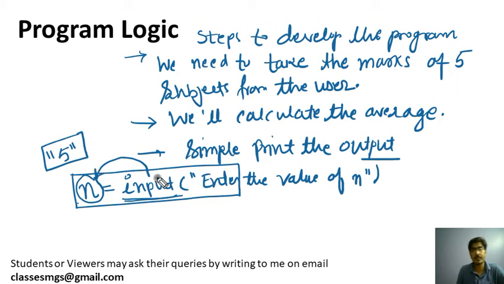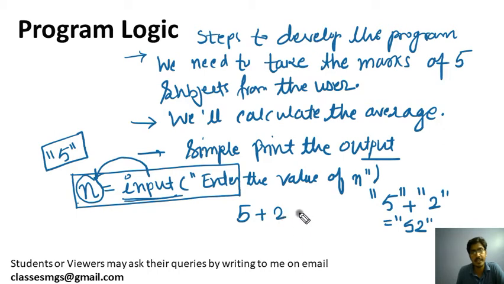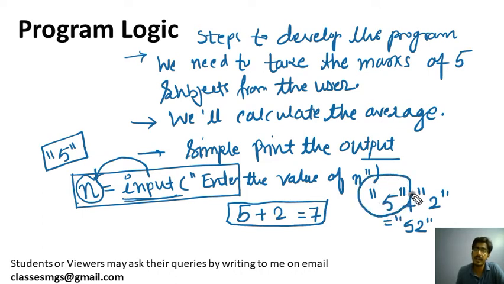Now we know that if we want to add two numbers in Python, if we add 5 plus 2 and these are strings, then what will be the result? The result will be 52. But if these are integers, let's suppose this is 5 and this is 2, then the result will be 7. So you should know the difference. If you are taking the input through the input method, then this method will return the inputted value as a string.